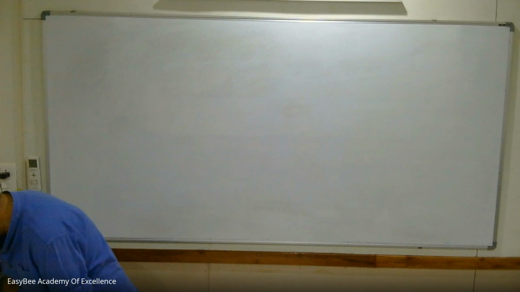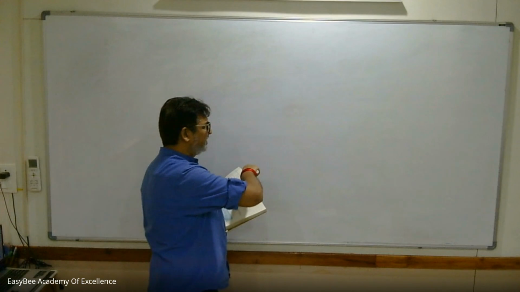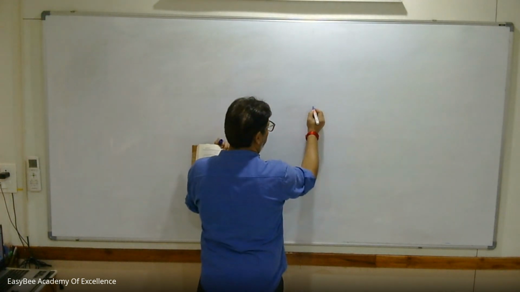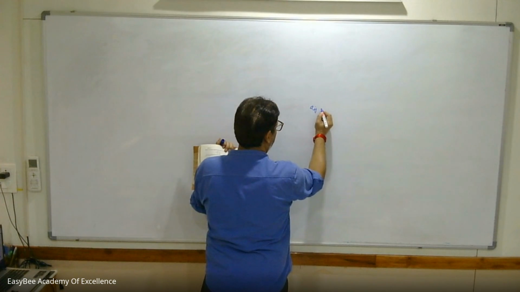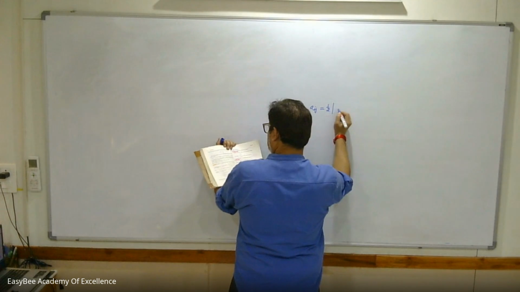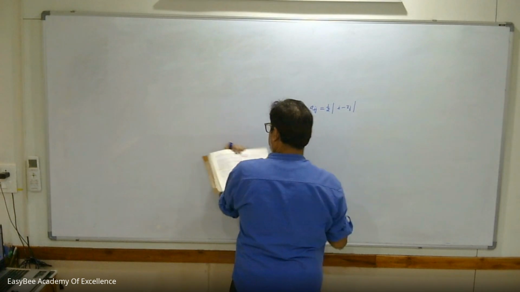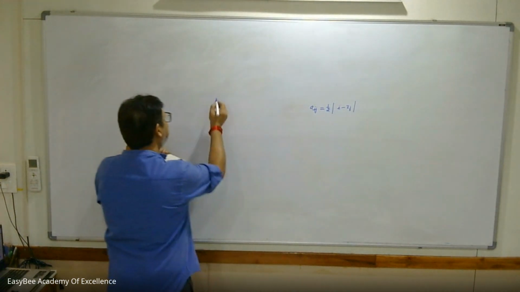Now the next is, you are given one general information about the general element Aij. Look at the board. Aij is equal to half times modulus of I minus 3j, modulus close, right? And you have to construct